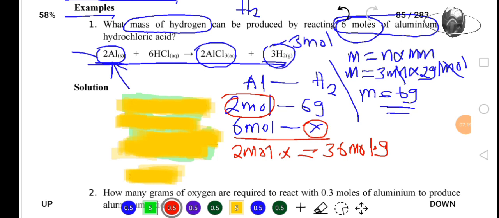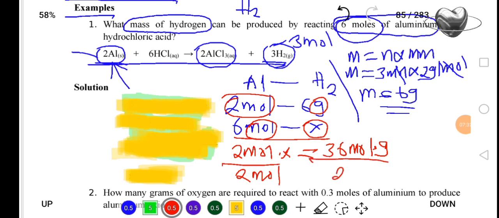We are multiplying moles times grams, so it will be mole grams, over 2 moles. So our X will be equal to, a mole and mole will go, so we are going to have 18